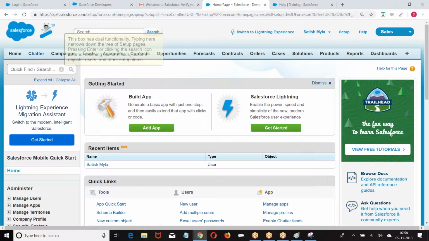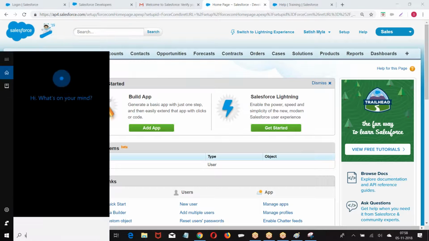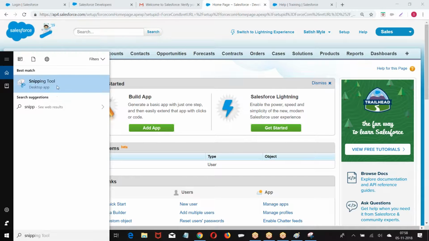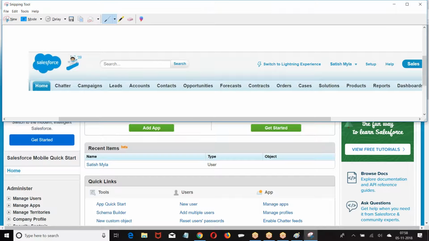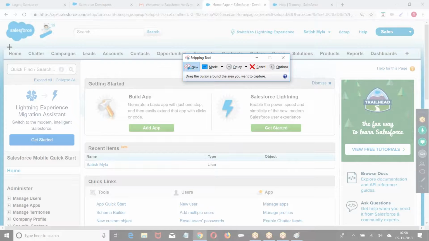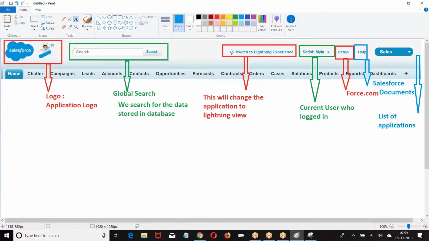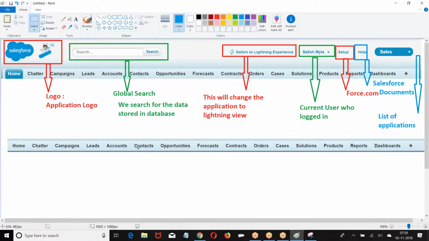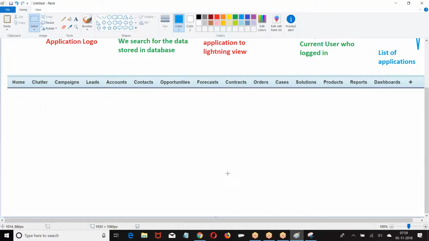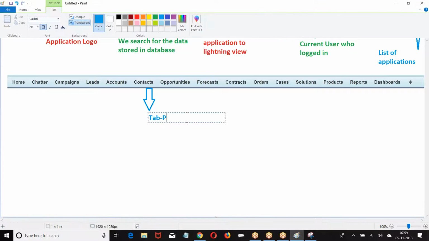Now next, what you are finding? This is what you are finding. So what was this? This is called tab panel.